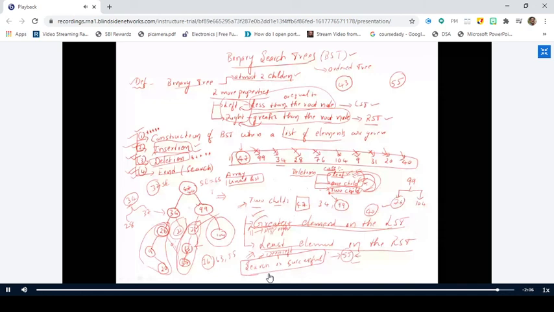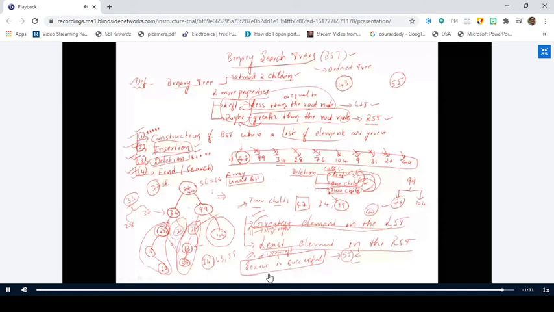So in yesterday's class we have discussed the tree traversal techniques. Right. So in this class we have discussed the binary search trees. We have given the definition of the binary search tree, how you construct the binary search tree, and we have discussed various operations such as searching, insertion, and deletion. Right. So this is the end of the fifth unit.